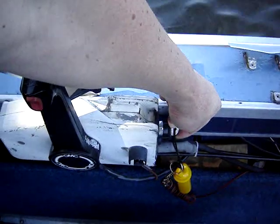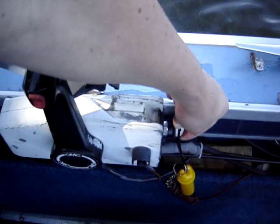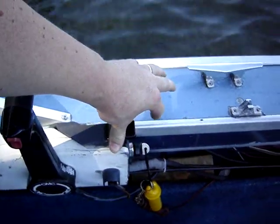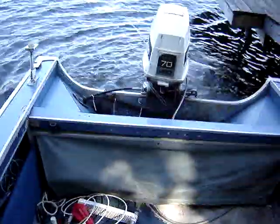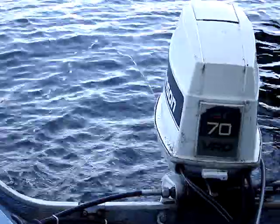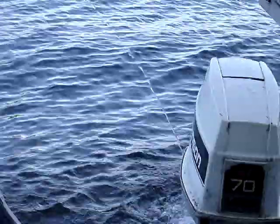After we prime the fuel line, not too much on it. Take a quick check back there to see that it's pumping water. It knows how to